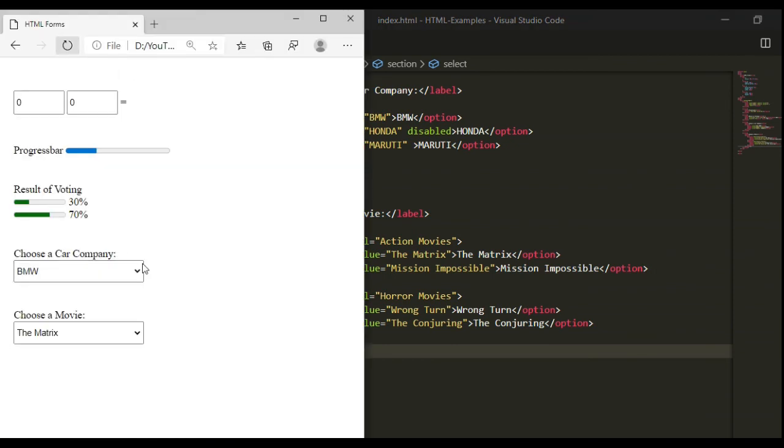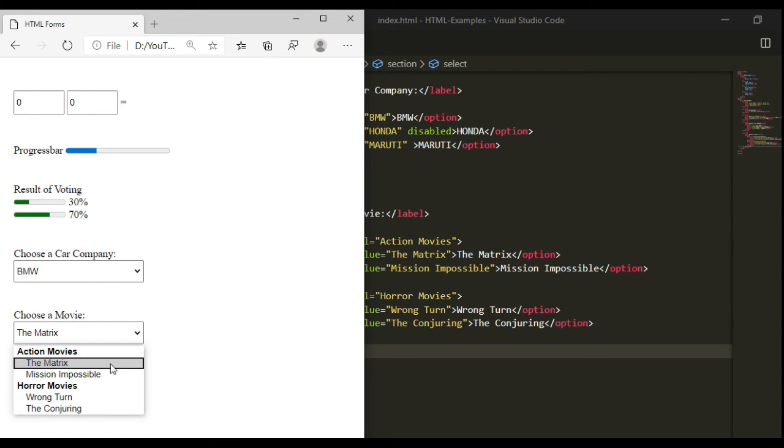Refresh the page. Here you can see the list of movies, and the movies have been categorized like action movies and horror movies. So why use this option group? Suppose you have multiple varieties of movies like action movies, horror movies, drama movies and comedy, and you have to choose some particular category like action.